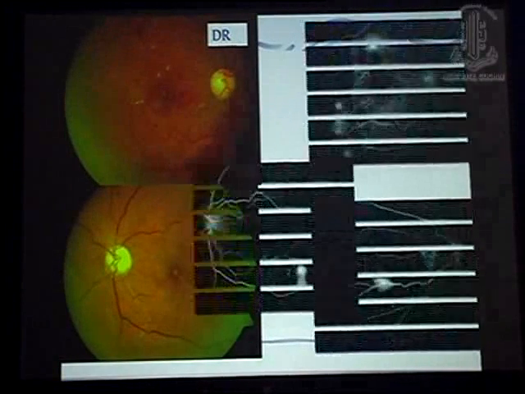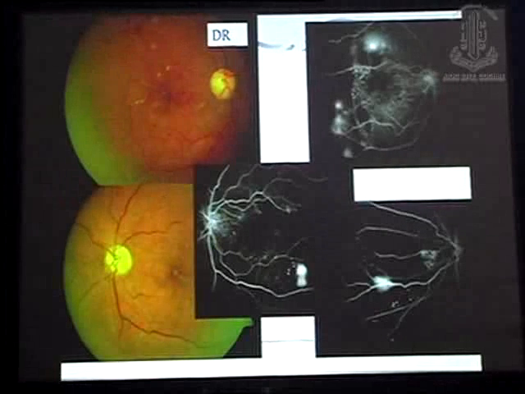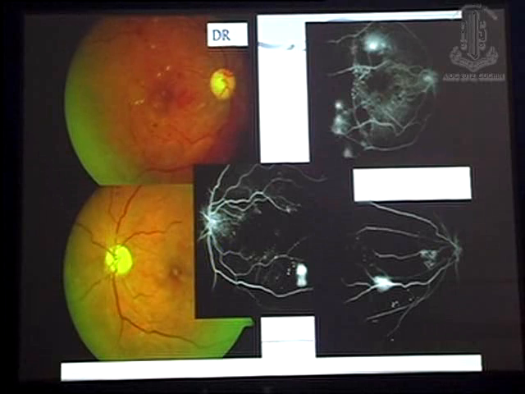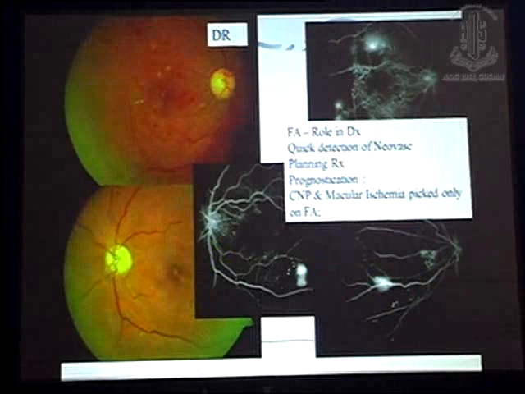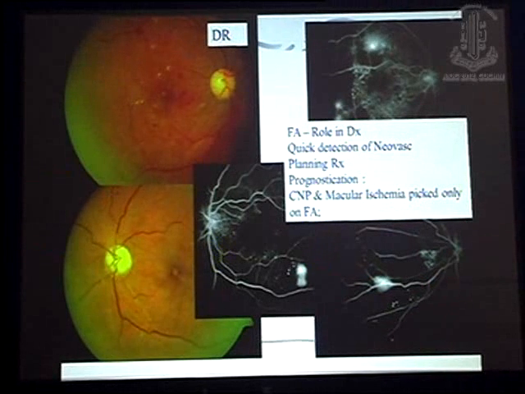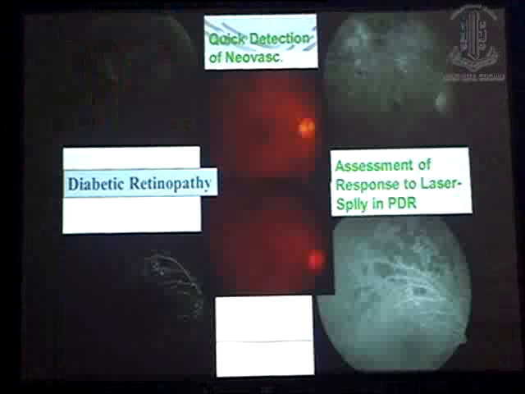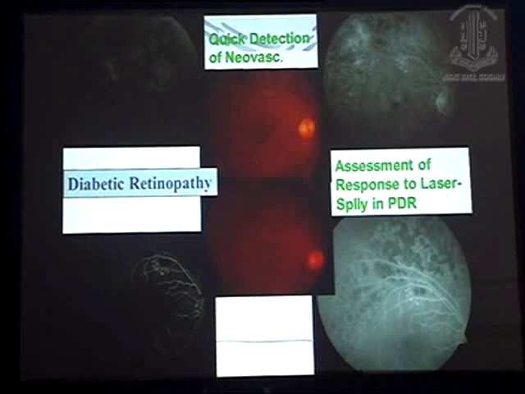In diabetic retinopathy, a lot of information you pick up by combined usage of OCT and FA, but FA primarily helps you to pick up these non-perfused CNP areas and neovascularization, which OCT cannot pick up. Although this patient has 6x6 vision, if you have to plan proper management, you need information both from FA as well as OCT. FA is a very quick procedure. It can give you wealth of information in 5 minutes about the perfusion status of the retina, as well as pick up neovascularization in all the quadrants if they are there.